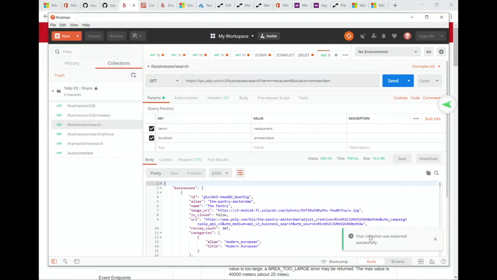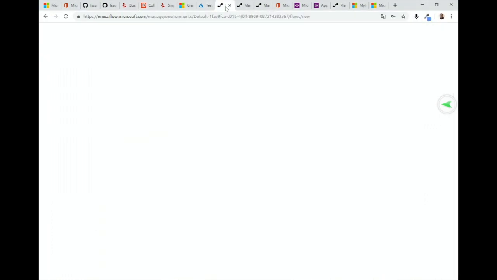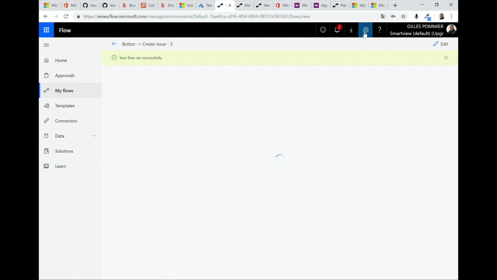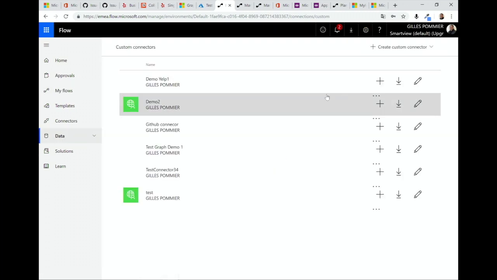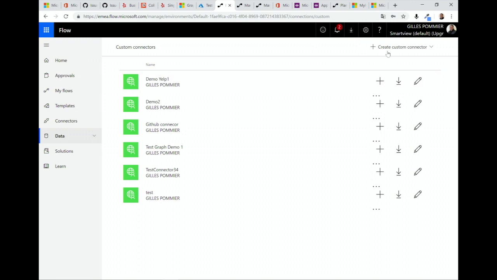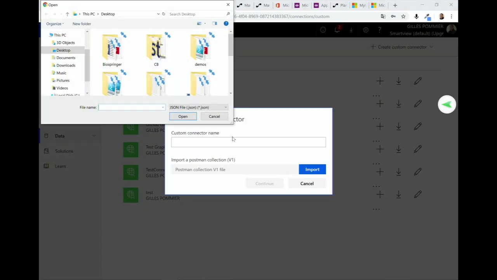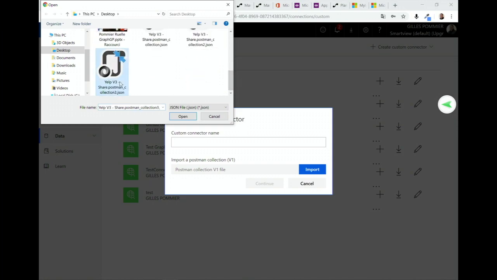My collection is exported, and I can go back to Microsoft Flow, to my custom connectors. I can create a new one, create a custom connector, but this time I will import a Postman collection, which is this one.